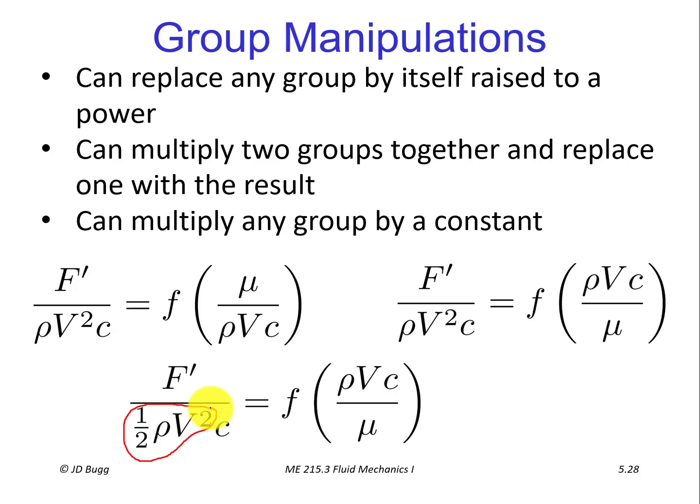So it's conventional to non-dimensionalize the force by the dynamic pressure multiplied by some area. Now, normally we would be multiplying this by an area, but remember, this is a force per unit length, so we only need to multiply it by the chord length in order to make this left-hand side non-dimensional. So this is now drag coefficient is a function of Reynolds number, a very conventional way to write this in